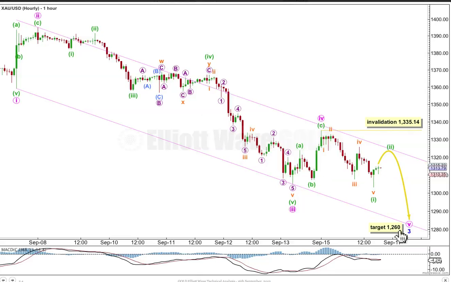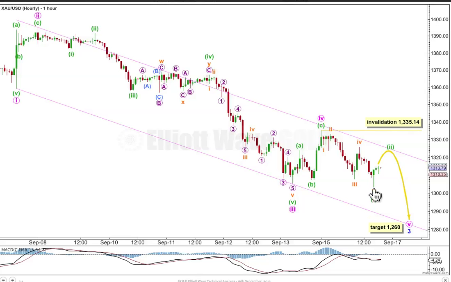We may see the downwards fifth wave overshoot the channel if it turns out to be strong, as sometimes that does happen for gold. The target for minor wave 3, the same as calculated on the daily chart at 1260. So far, within the final fifth wave down, we do have a completed 5-wave structure, and it is slightly lower than this point here. It is possible that minor wave 3 in its entirety is over here, but I don't